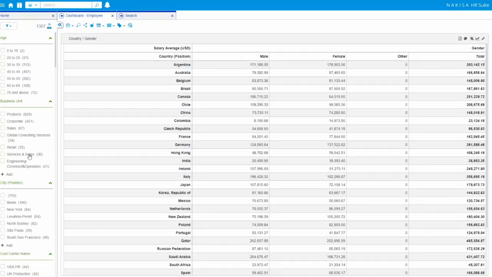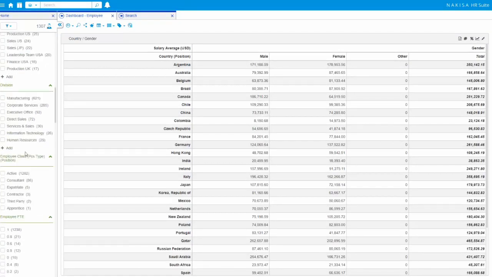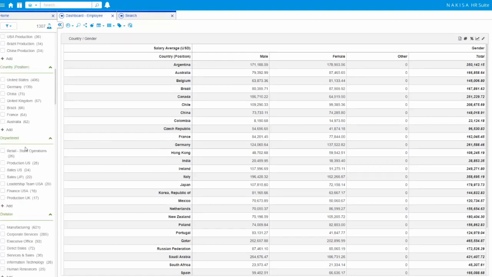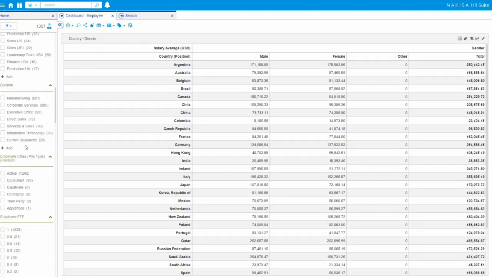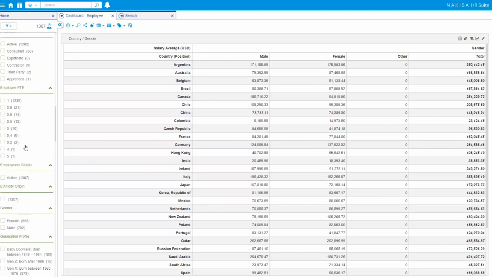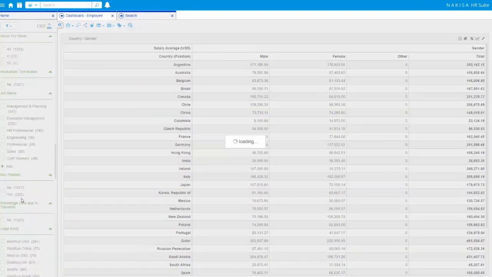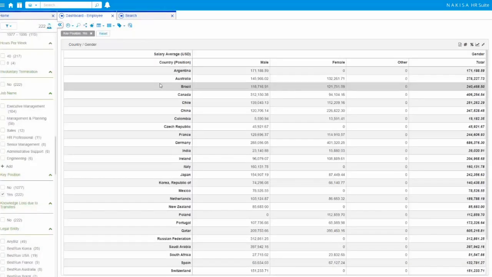And I will filter by key positions because the requirement is to filter this entire data set based on my key positions and only key positions. So here on the left-hand side, I will look for key position equal yes, and you will see the information dynamically changes on the fly based on the key positions. Okay. I can take this report, export it to Excel, and that's it. I met the requirement from the business. I now have a report generated with a few clicks based on my gender pay gaps by country, and I can